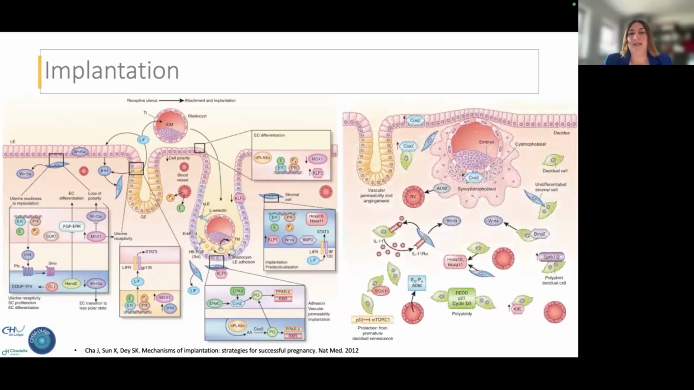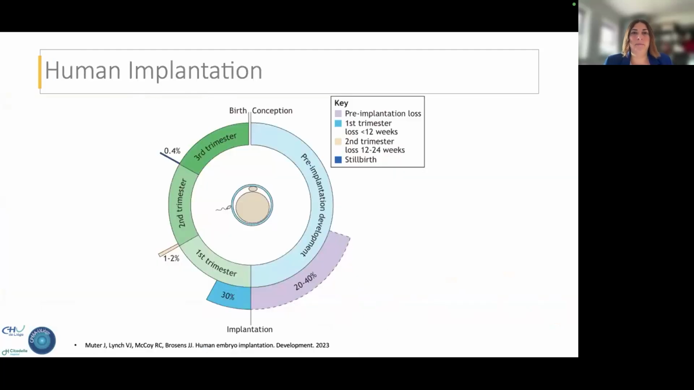And here we highlight the molecular networks in decidualization, where stromal cells differentiate to support the embryo. Dysregulation of, for example, HOXA10, a key gene for stromal differentiation, can impair this process, especially in conditions like adenomyosis and endometriosis. And we know that human reproduction is often described as inefficient, as we can see here,